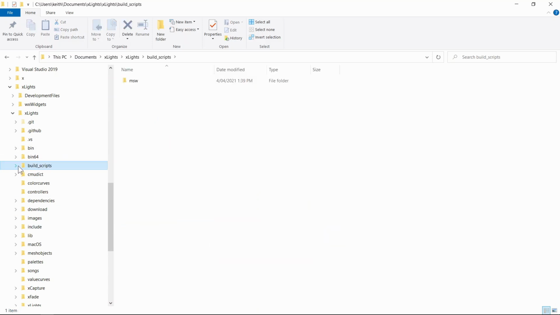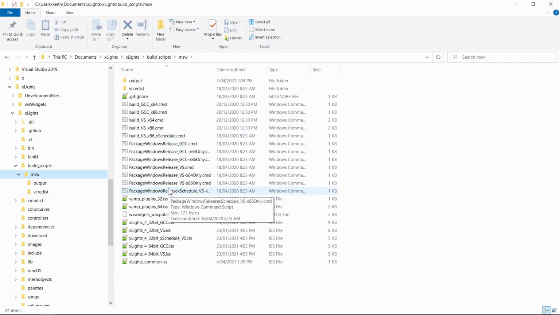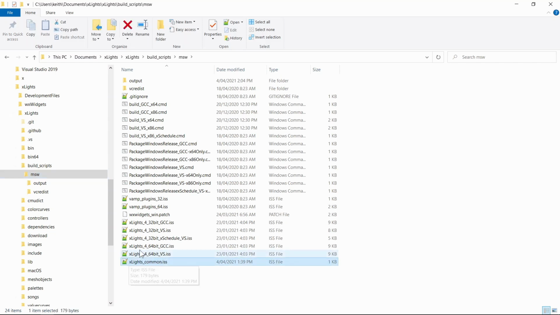The build scripts folder, these days it just contains the Microsoft Windows one, so there are script files here for building xLights. This is how we actually build the release versions that go out. These ISS files are the setup configurations. The only one that changes regularly is this common file, which is where the version number's updated, and then I